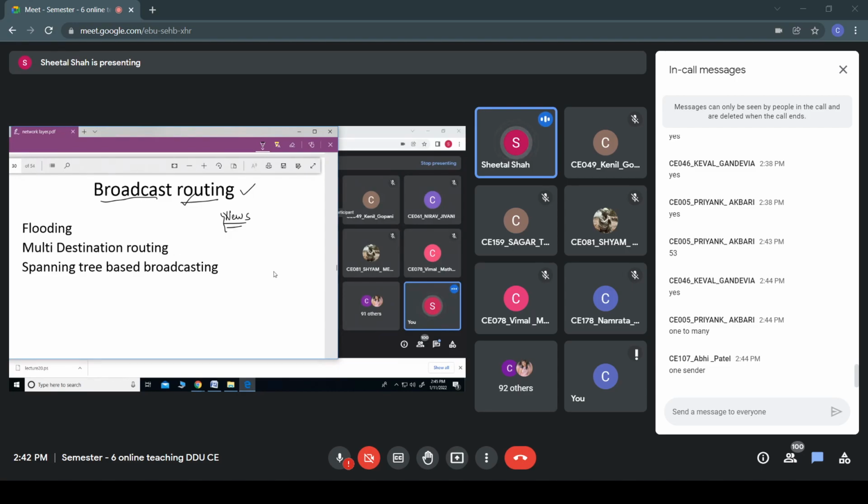The very first one is a simple one, that the sender would send to each of the recipients individually. But as you know, it is just a wastage of bandwidth, because there might even be a number of hosts which are on the same line. Even then it would provide the address of each of them and send the packet individually. So that is one way of broadcasting, but it is a waste of bandwidth, wastage of all the resources, etc.